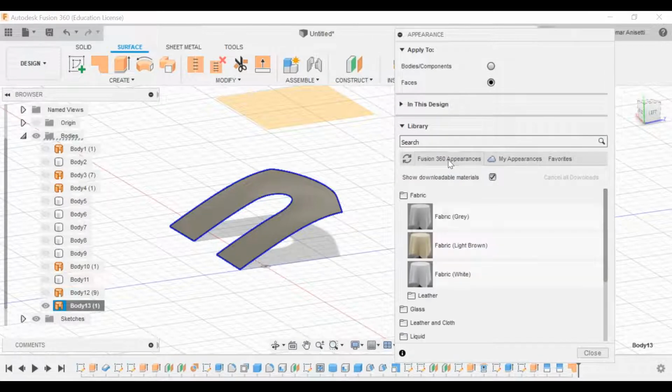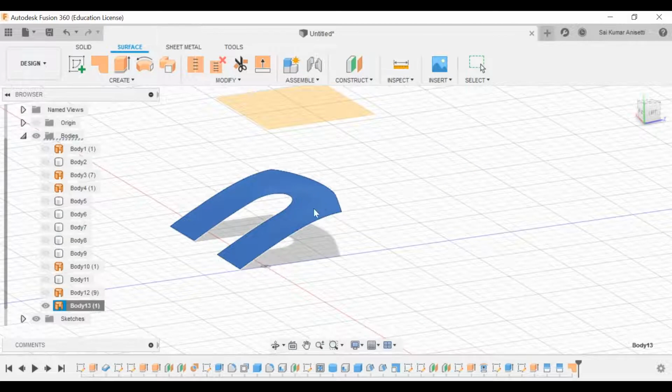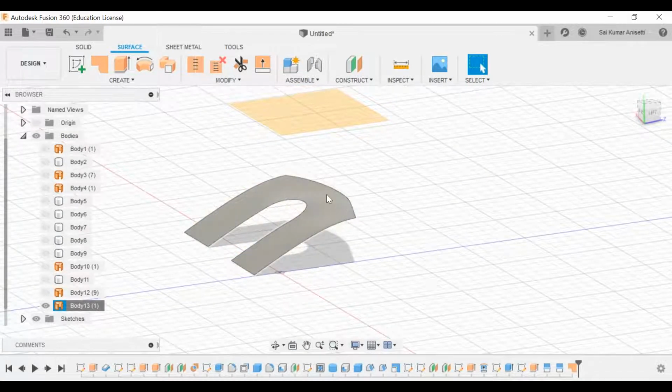Where are my appearances? Fabric gray or light brown. There are no options. Okay, fine. So generally we go with a simple surface. Let me change the color and everything.